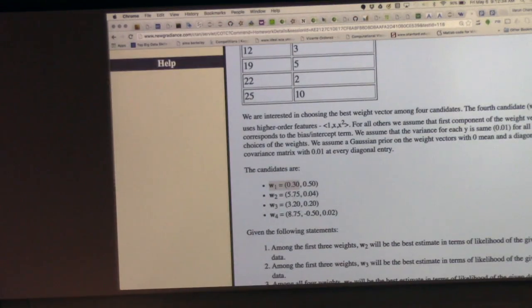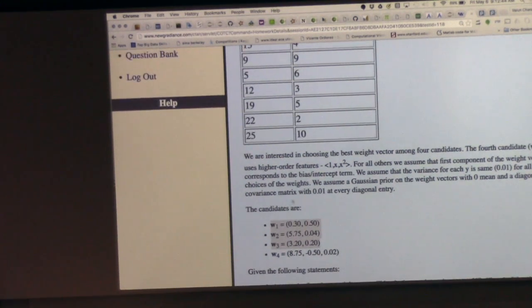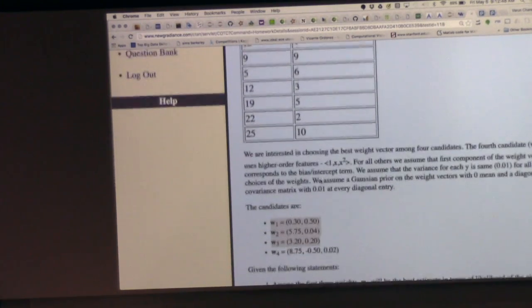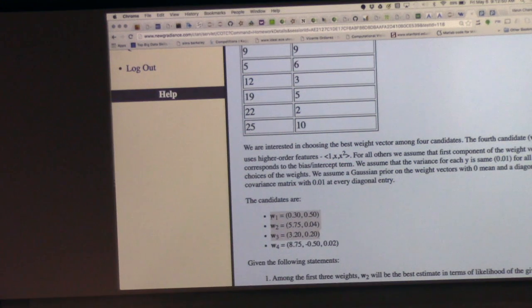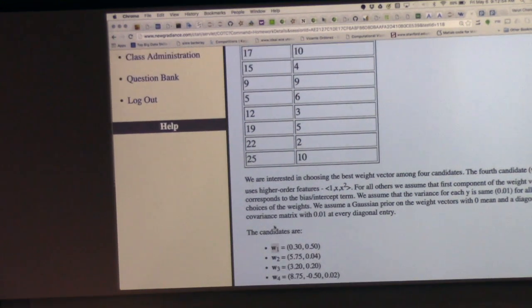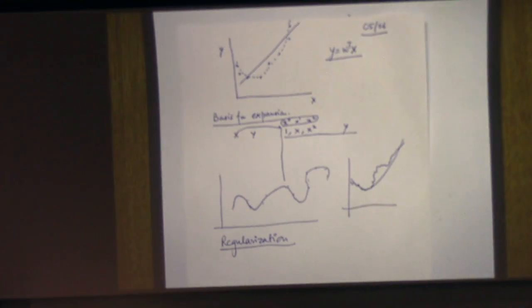All right. So I give you 4 weights, right? And you have to choose the best one. So how would you do that? So let's just look at these 3, because these 3 do not involve any basis function expansion, right? So the way to do that is that you have some x and this is your y. You assume that your weight is this, right? So when you assume your weight is this, you can now compute the probability of each one of these y's given these x's. So if you remember, what linear regression assumes